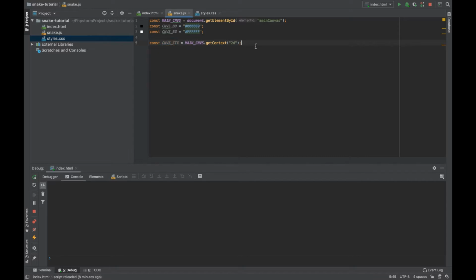So why are we using a context? Why don't we just use the main canvas? Because that's the property of canvas. You need to get its context in order to edit its properties. So anyway, enough talking. We will do canvas context